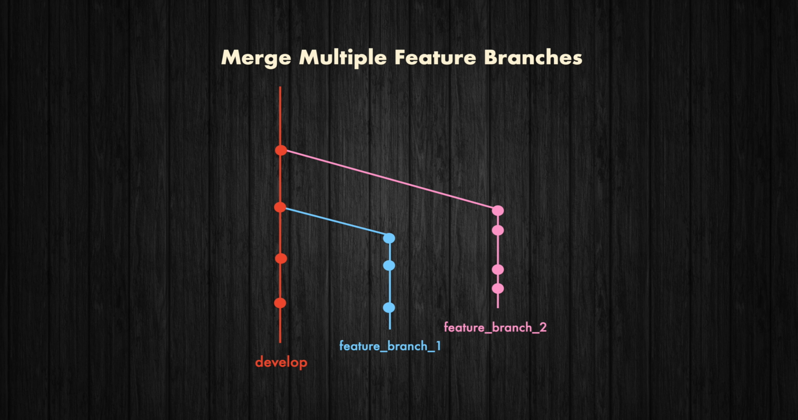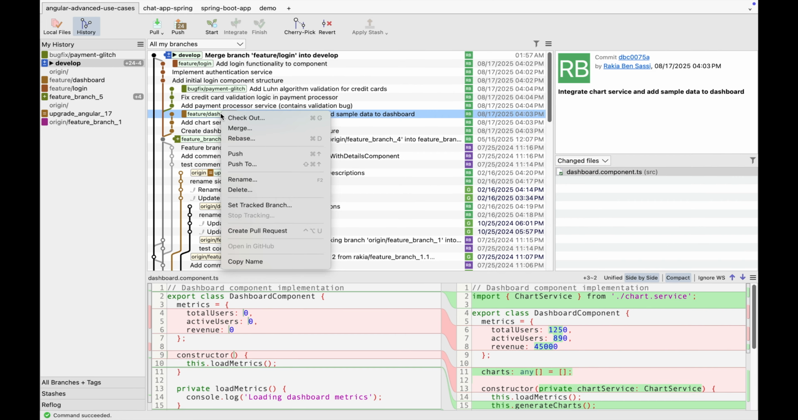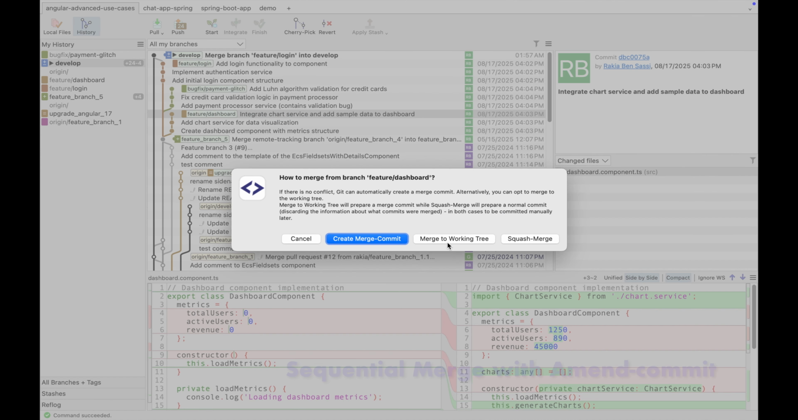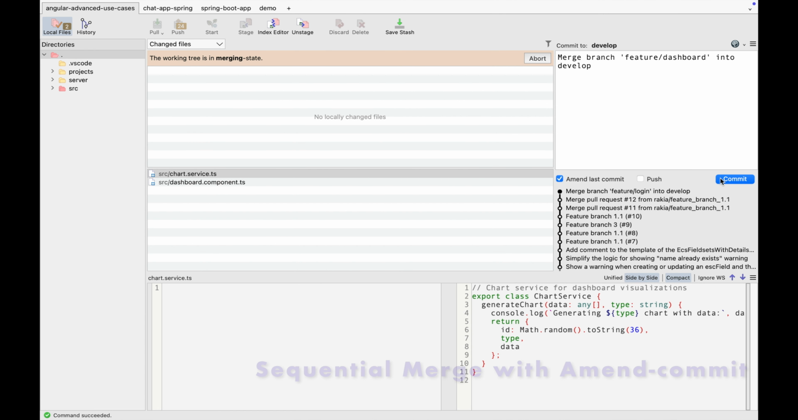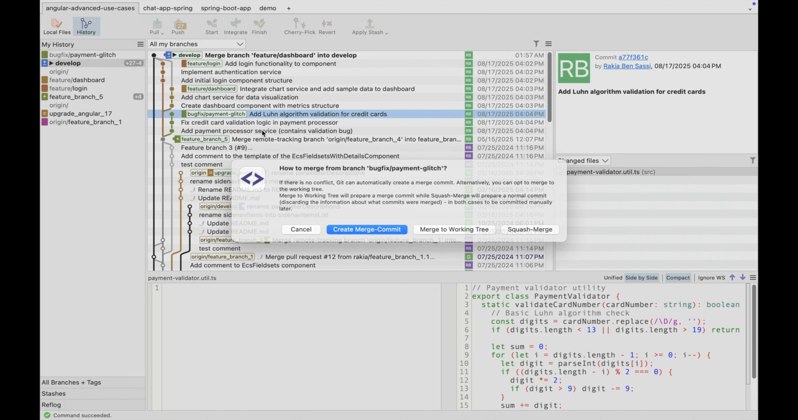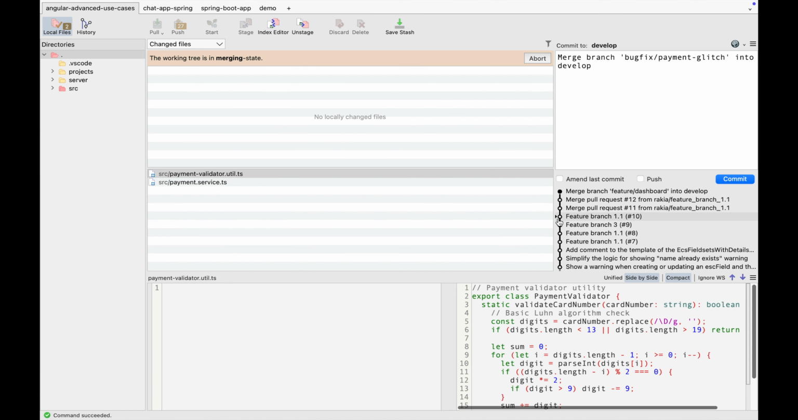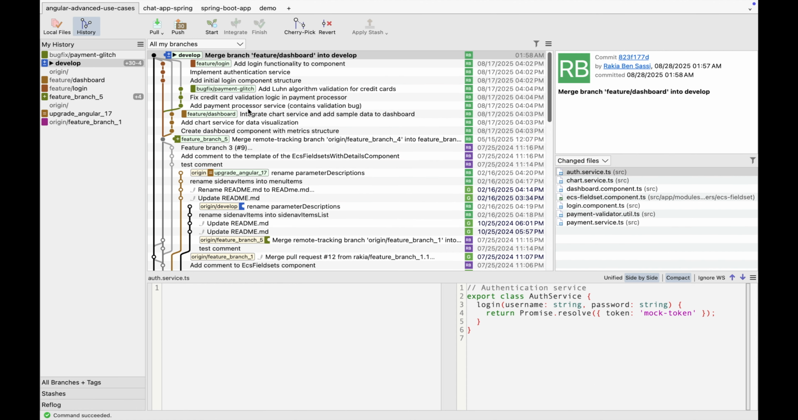But not anymore. With SmartGit, you can simply select the branch you forgot, like feature dashboard, and merge it into the working tree only. This allows you to review changes and resolve any potential conflicts. Once you are ready, amend the initial merge commit with the changes from your working tree. This adds the second branch as a new parent to the existing merge commit. You can repeat this process, merging to the working tree and then amending for any additional branches, giving you full control to resolve conflicts at each step,